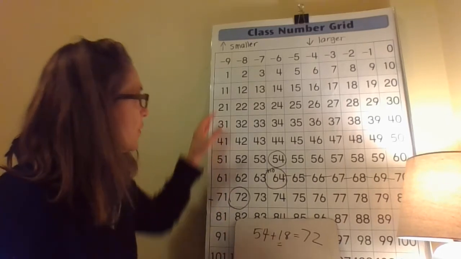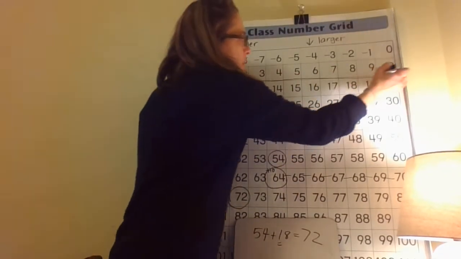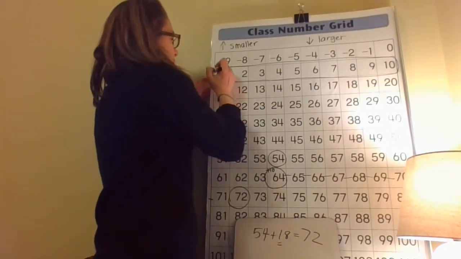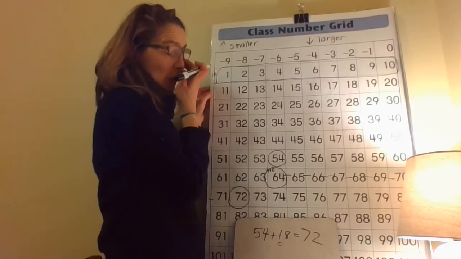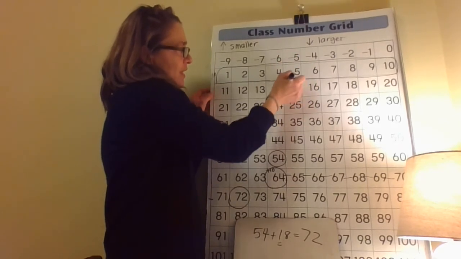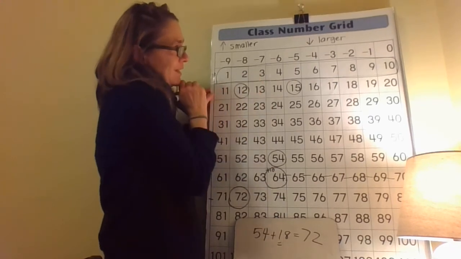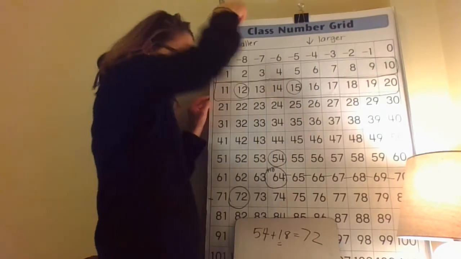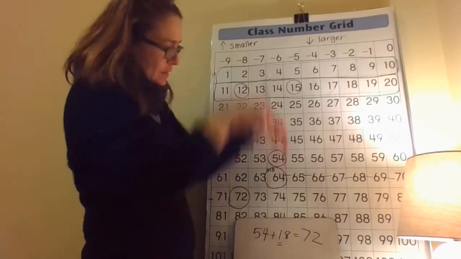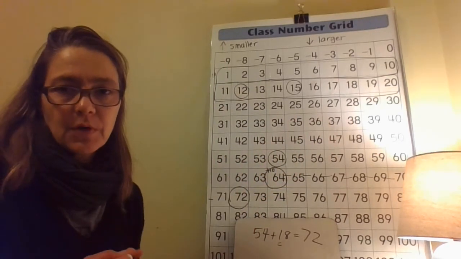And it's important to remember that each row equals 10. Each row equals 10. So every time you go down one row, it doesn't matter which number you start on, 5 to 15 is increasing by 10. 2 to 12 has increased by 10. So each row, when you go down the number grid this way, increases by 10, no matter where you are on the number grid. When you go across,